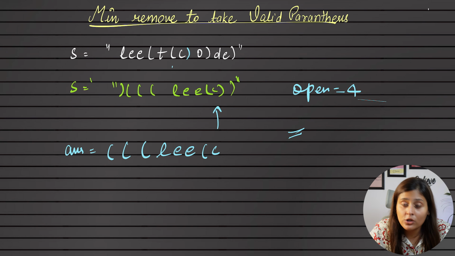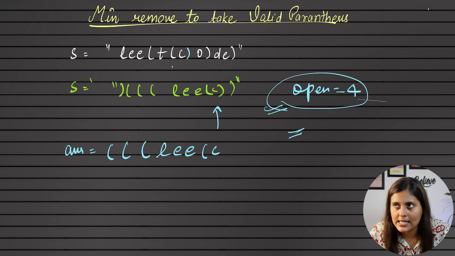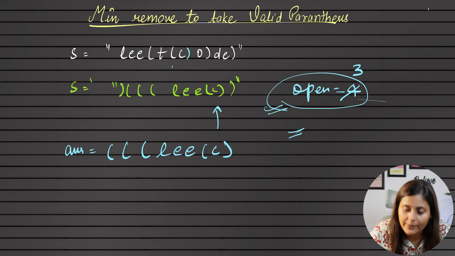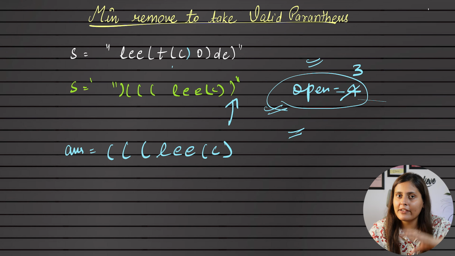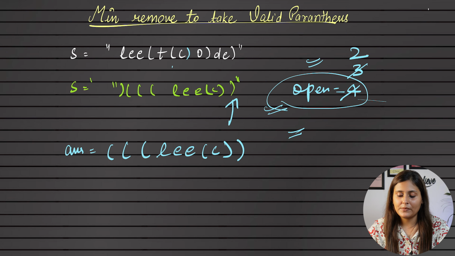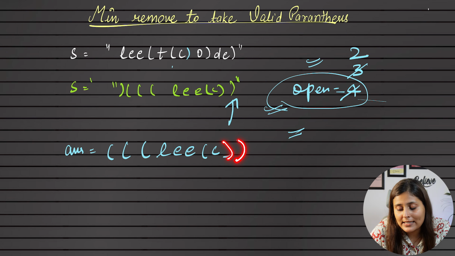Now, when I am at a closing bracket, I have 4 open. I'll check, hey, do I have extra open brackets? I'll say, yes, I have. So for sure this one is valid, so I will add it. Reduce to 3. Again, I am at a closing bracket. What is the value of open? 3. So I have an extra open bracket, and again this one is valid, so I'll add it. I will reduce the count to 2. So I can say that yes, all the closing brackets we have are the necessary ones.